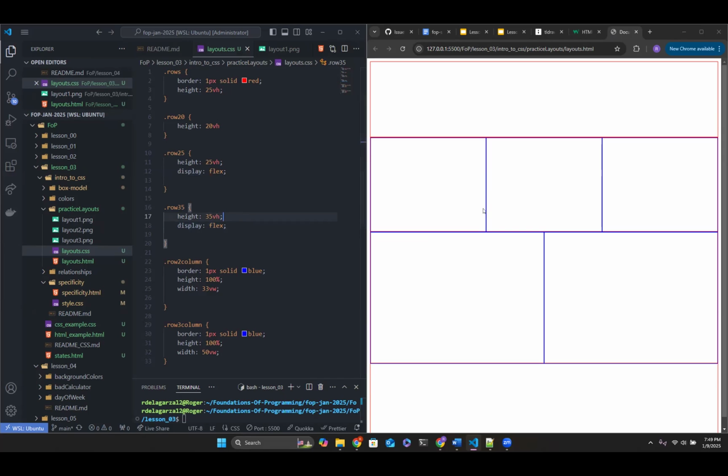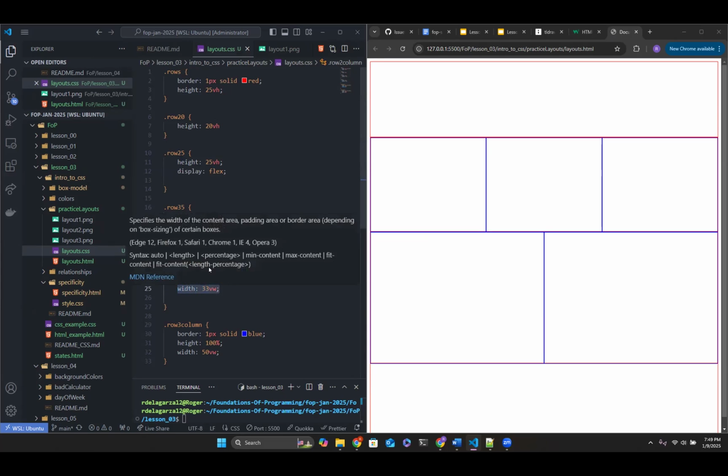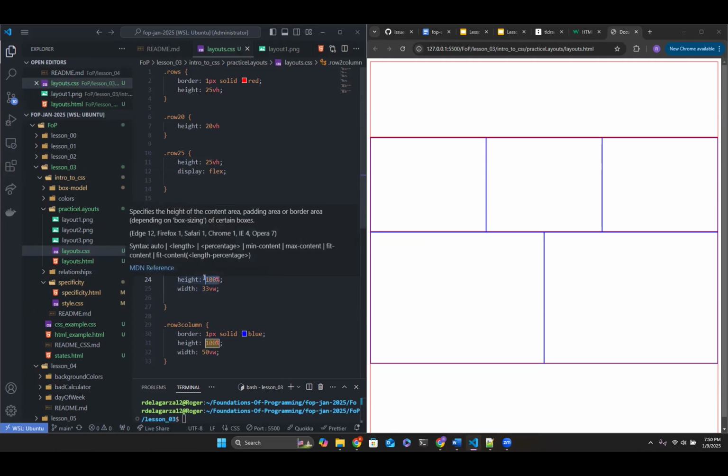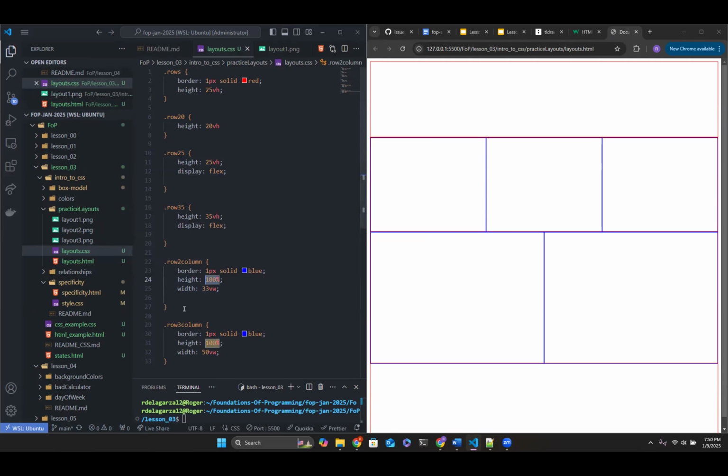And the actual height and width of the columns here were dictated by how many I had, right? So for row 2, because there's 3 divs, I split the width to 33 view width, right? Because that's probably the most even number to 100% for 3. And the height, I set it to 100% of the container of where it's located at.